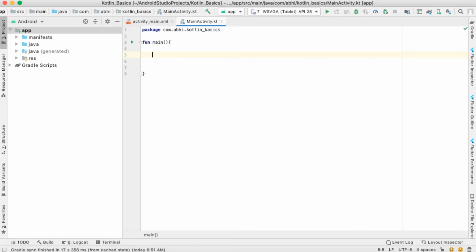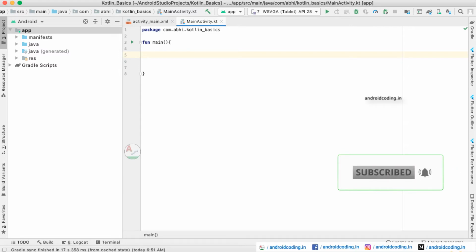In our previous vlog, we have seen the introduction to Kotlin and the usage of Kotlin in Android. As we have already discussed, Kotlin is an official language, and in the previous tutorial, we have seen a basic way of dealing with Kotlin, like we have printed a statement and also made use of some variables. If you have missed that video, I have provided the link in the description section, so you may go through that video and it will be easier for you to understand this particular tutorial.